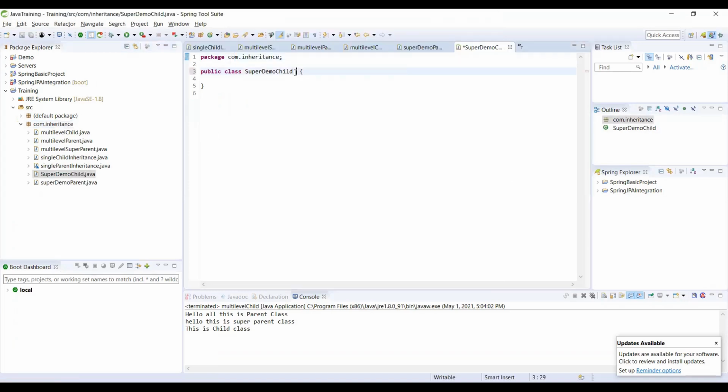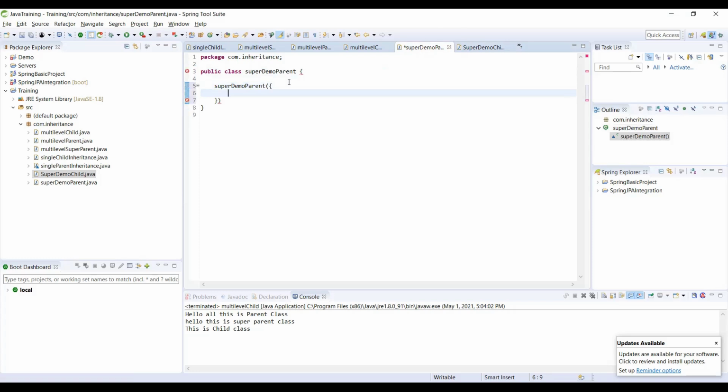Now the SuperDemoChild extends SuperDemoParent. Okay, right. In the SuperDemoParent, I will have